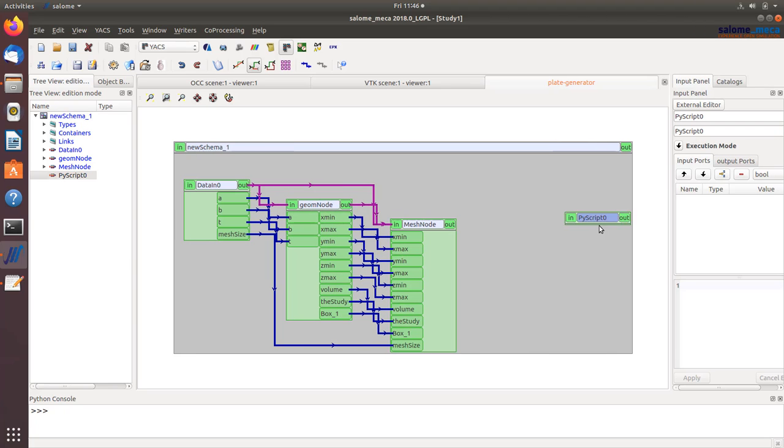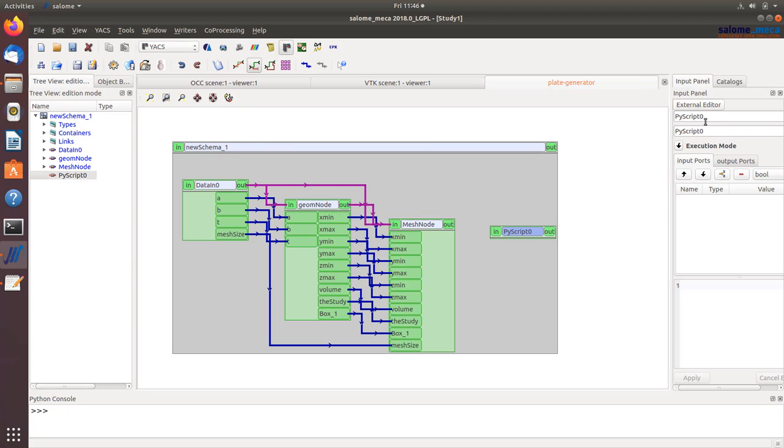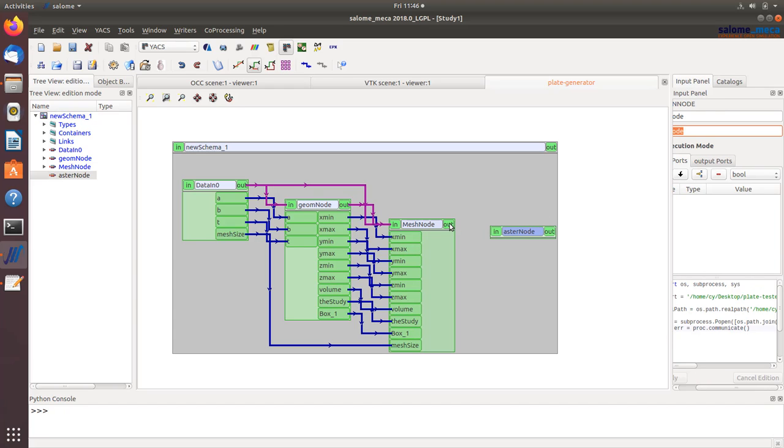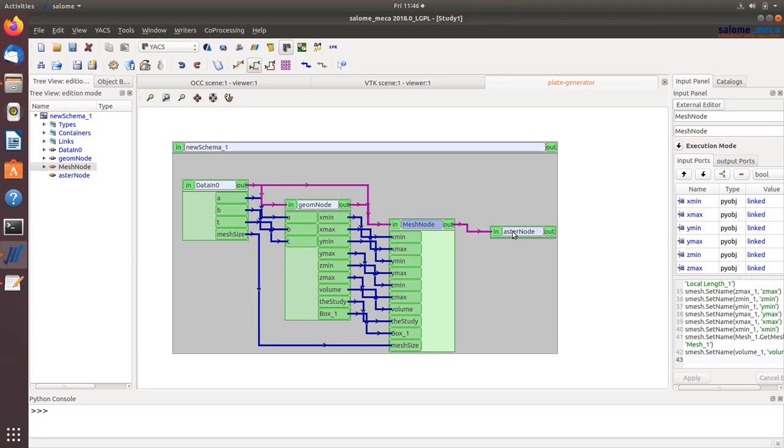This will be my Aster node, and I'll paste the code here and click apply. And don't forget to link that to here. Now, the kind of tricky thing is to choose the right